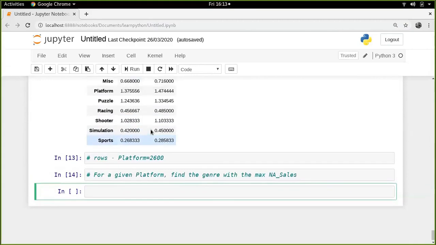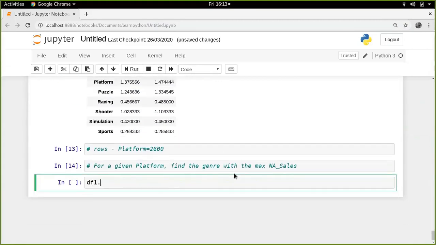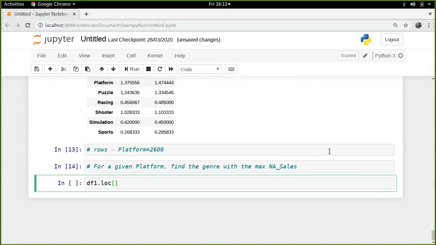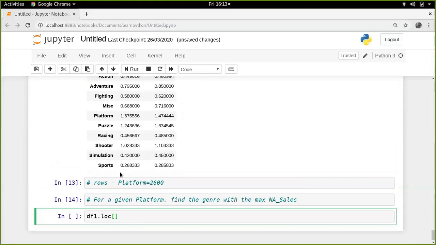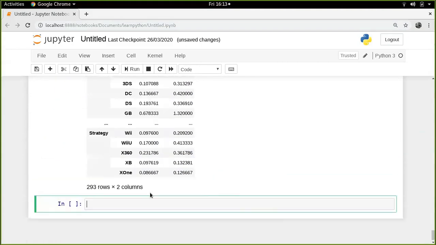One way was excess, the way we did, right? Now let's look at lock. In lock, what do we do? First, let's play around with the lock value. So let me just look at the data frame again. So this is our data frame. Now, in lock,